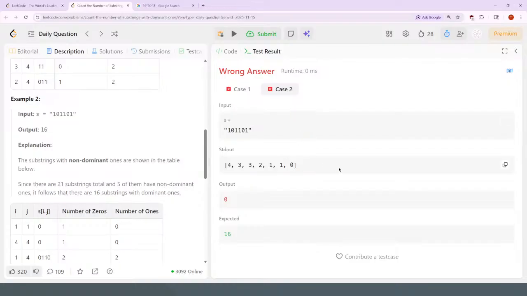Indeed. Dominant. 0, 0. You need 4 zeros or 4 ones. 0, 0, 0. You need 9 ones. All the substrings that have a certain number of ones. Seems like it should be a prefix, so